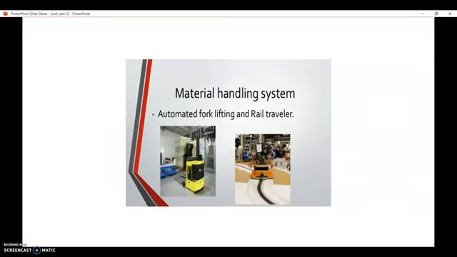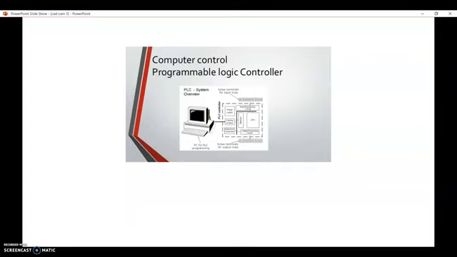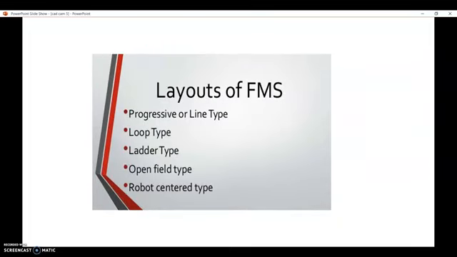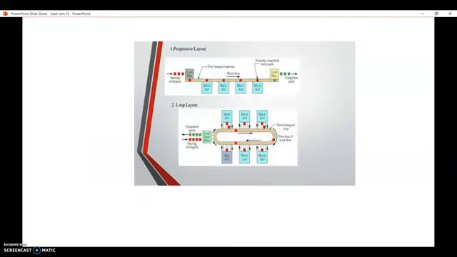Material handling systems, here the automatic forklifts and train travelers. This is the computer control, the programmable logic controller. The layouts of FMS: progressive type, loop type, ladder type, open field type, robot centered type.